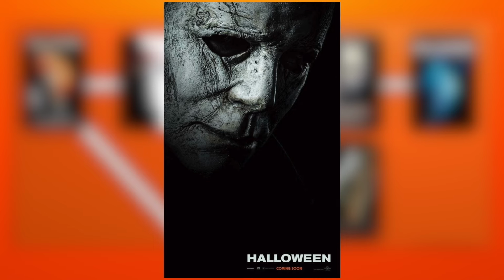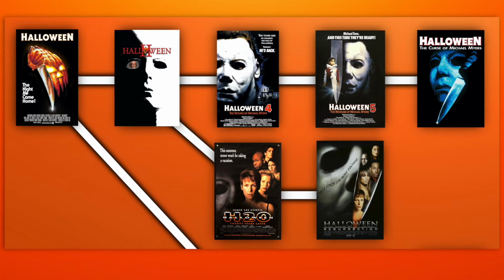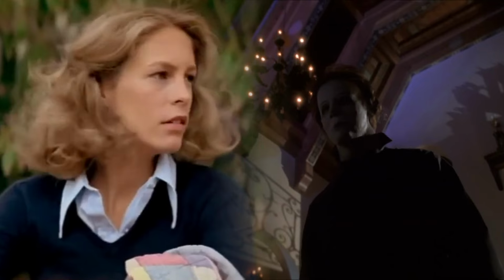40 years after the original film, we see the return of Laurie Strode. Again. Now, this movie isn't connected to the original Halloween timeline or the H2O timeline. This one is a direct sequel to the 1978 film. And by decanonizing Halloween 2, they decanonized Laurie and Michael being siblings.